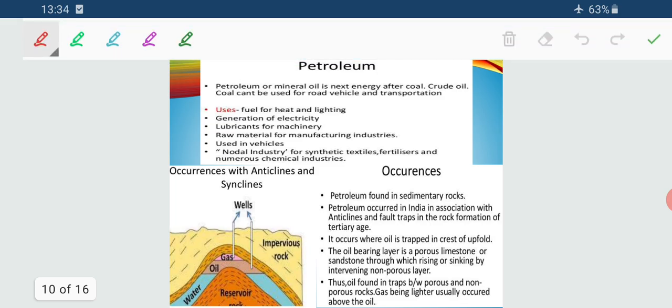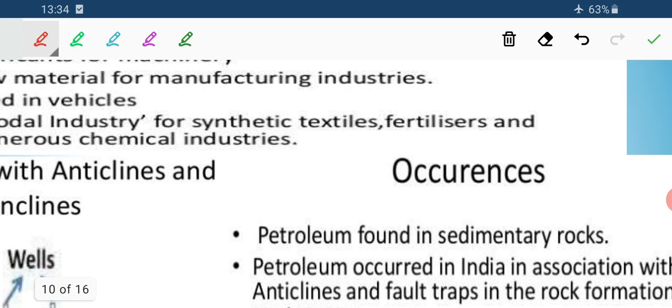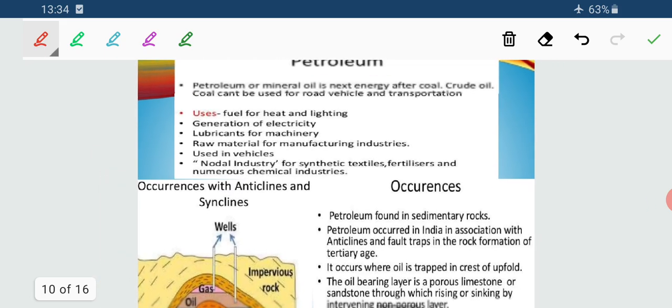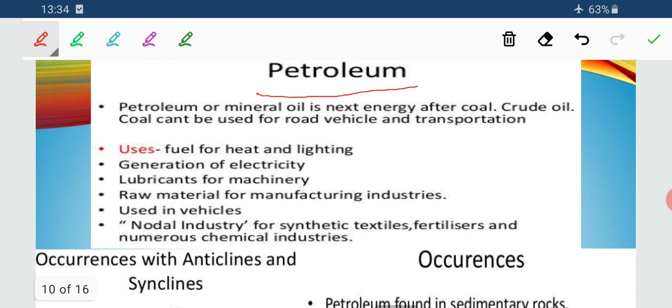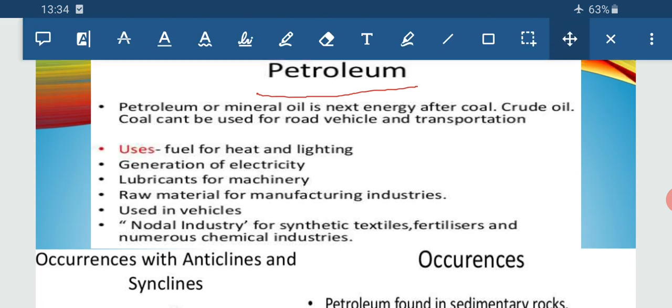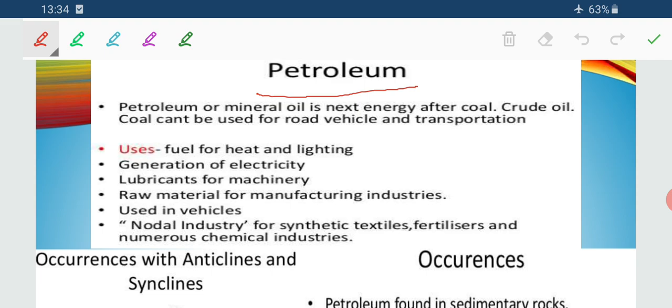It is also a fossil fuel. Now coal is due to the decomposition of the decayed part or the vegetative cover, that is plants. Now due to the decomposition of the marine animals, the petroleum has been formed. So what is the thing? That petroleum is basically found in the oceanic beds or the sea beds.